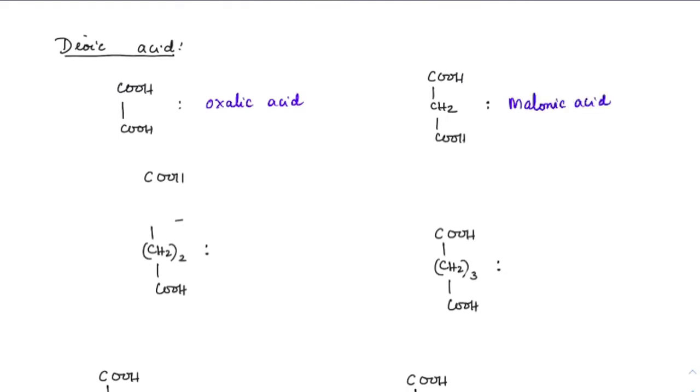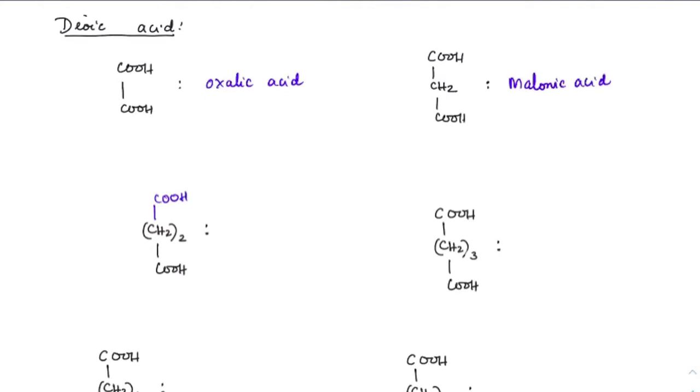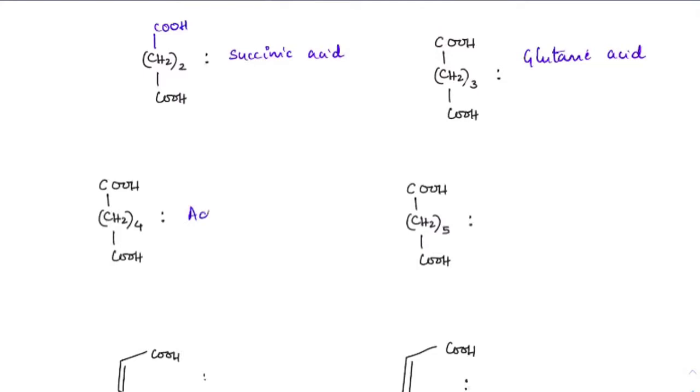So if you have COOH this way connected to, how many are there here? Right, so 4. Yeah, 1 is missing here. So just write down this properly. COOH. Right, 4 carbon. So 4 carbon dioic acid, this is succinic acid, right? So 5 carbon is glutaric acid. Keep writing. Next one, 6 carbon is adipic acid. 7 carbon is pimelic acid.